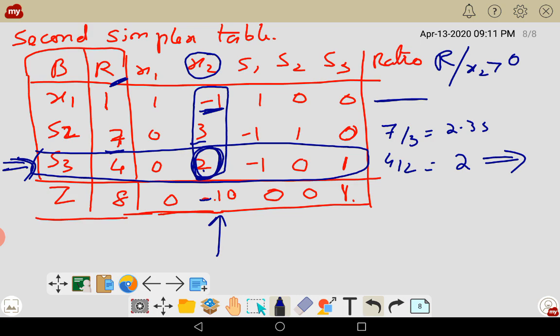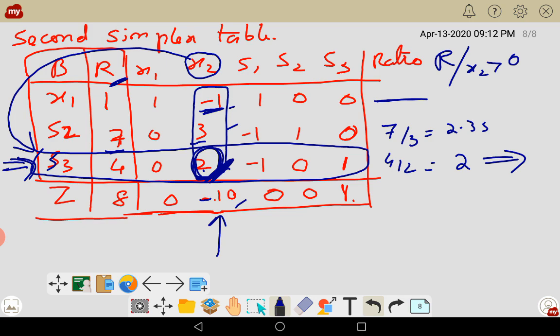Okay, so x2 will come and join, replace s3 here. x2 will come and kick the s3 out. The next final table, right? This will happen. Again we have to start the reduction process. Convert the 2, this leading element, into 1, and the other elements in the column into 0. That's the process. We are going to take this matrix and